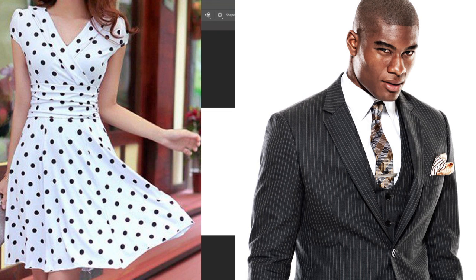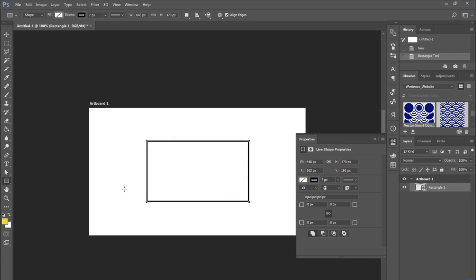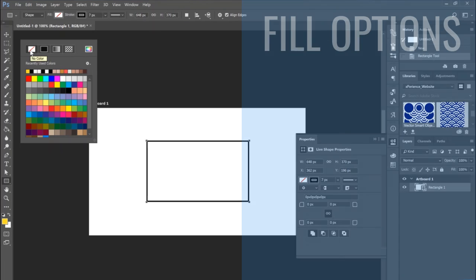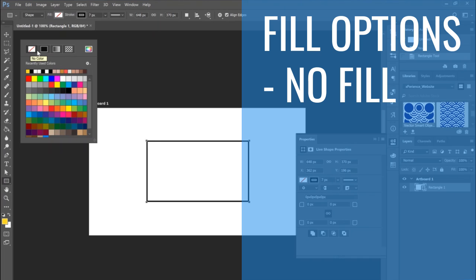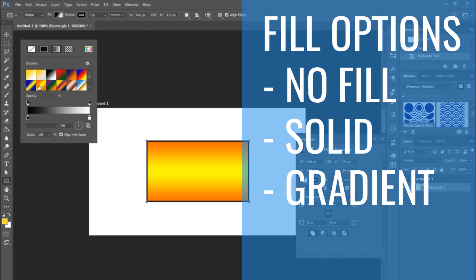All right. Right now, I'll create a shape. So let's say a regular rectangle like this. You can see right here there's a white fill, or actually there's no fill, and a stroke. So as usual for your fill, you can either have no fill, a solid color, so any color you like, right, like this, a gradient, something like this, right,